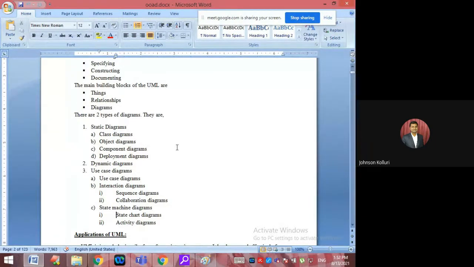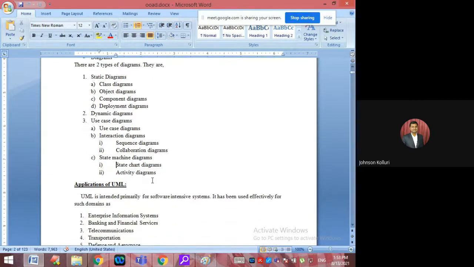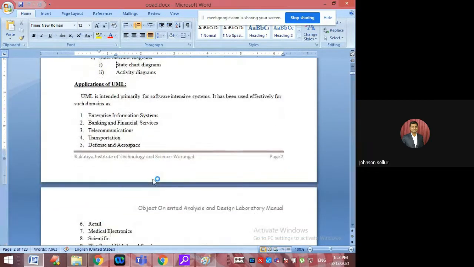Totally, for this designing part, it will take a minimum of 5 weeks. Today is the first session, a theoretical session, and in the next 5 labs we will discuss nine diagrams. Then I would like to explain one system, the ATM system. Then we have the applications of UML diagrams: enterprise information systems,